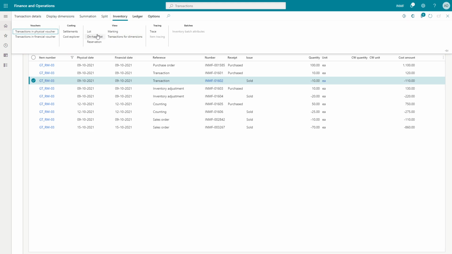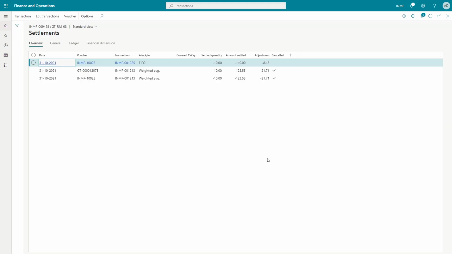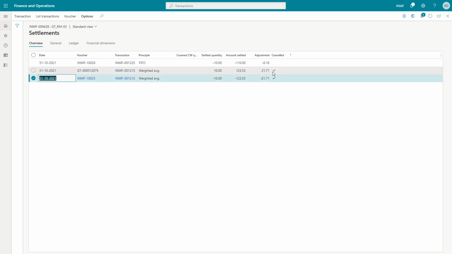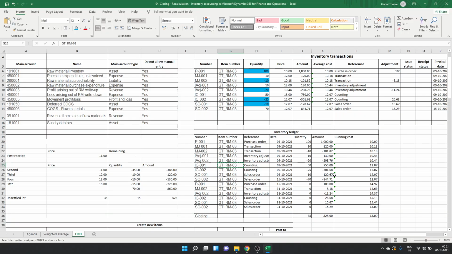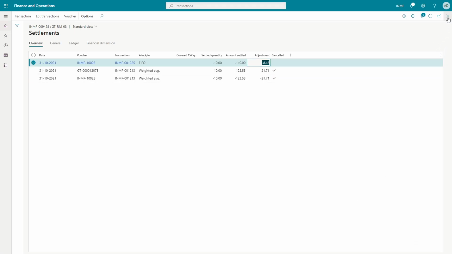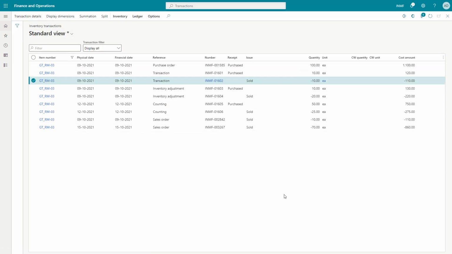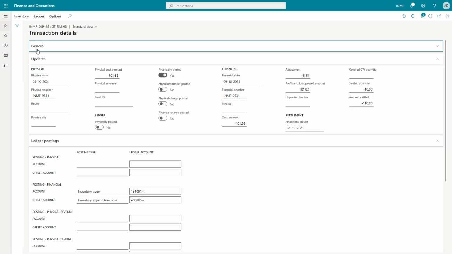If we see inventory settlements, okay, so this is the cancellation of weighted average closing. Okay, so 8.18 is posted on this particular transactions. 8.18. Okay, if we see transaction details, this transaction is financially closed. Adjustment is of 8.18. Okay, and the value open. Where is value open? Yeah, quantity is settled fully, and